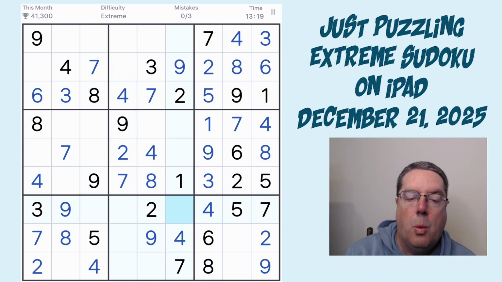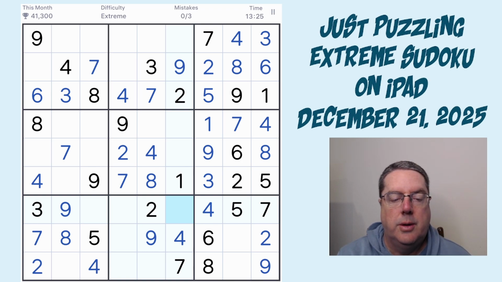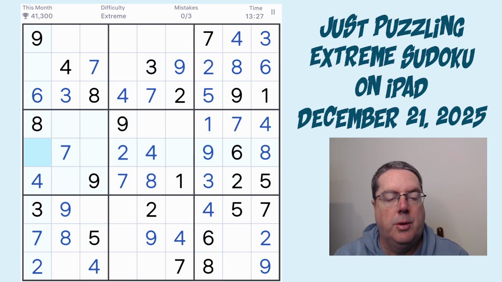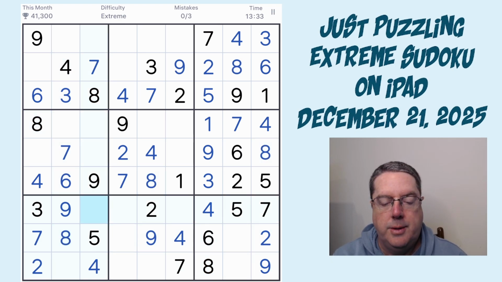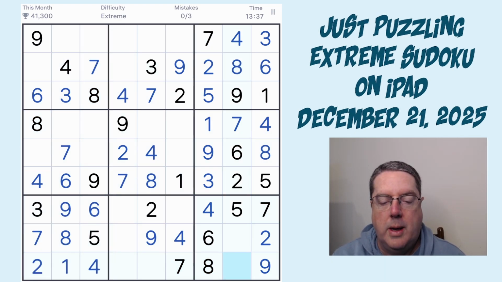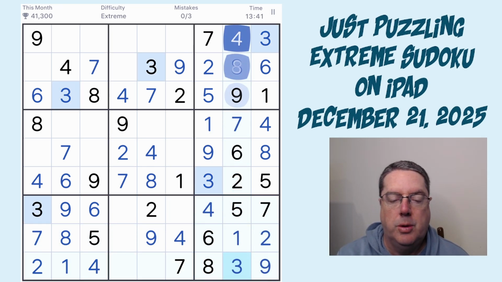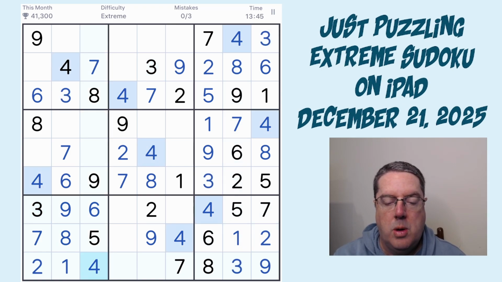Yeah. 1, 2, 3, 4, 5, 6. So 6 is up here, 6 comes across here, 6 comes across here, so this is a 6 here. 6 can't be here, so that's a 6 there, leaving this to be the 1 to finish off that box. 1 comes across here, so this is a 1 here, leaving this to be a 3 to finish off this box and column. And then 1, 2, 3, 4,